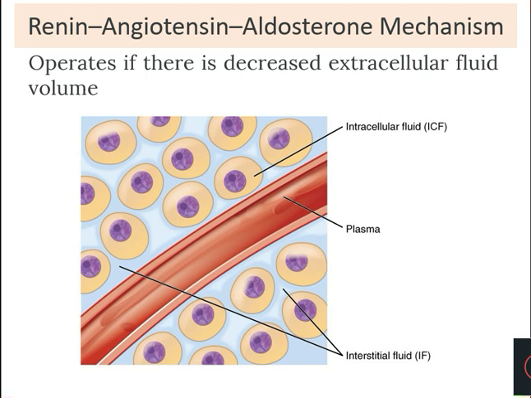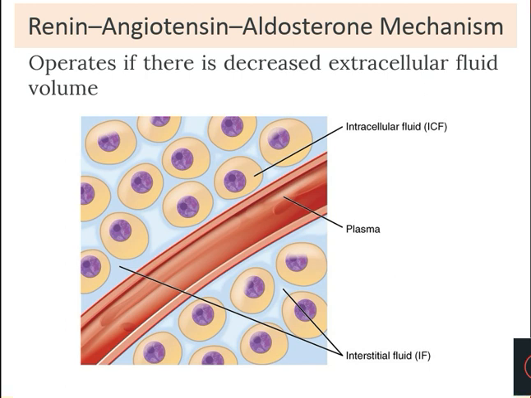Just imagine like that. So automatically, when the total blood volume decreases, the fluid oozing out of the blood capillary will also decrease. So there will be a decrease in the extracellular fluid volume. So once again, when there is dehydration, the total blood volume decreases, and thereby the transfer of fluid from the blood plasma to the extracellular spaces will decrease, and automatically there will be a decrease in the extracellular fluid volume. So everything has started from dehydration.